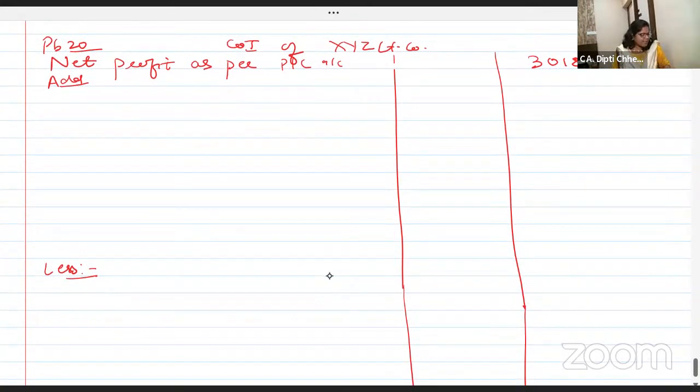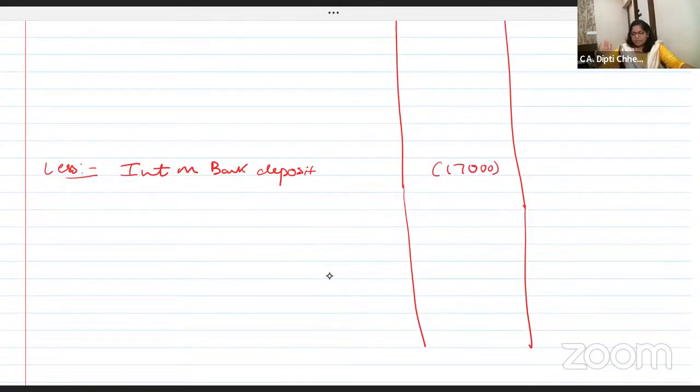Look at the credit side. GP, rent of the flats, sundry receipts, interest on bank deposits. ठीक है. Interest on bank deposit निकाल दो. P&L में credit किए हैं. But where this will come, dear students? Interest on bank deposit. It will come in your income from other sources. So just remove it from your net profit. So the net profit will reduce. Short-term capital gain on investment. This is also credited. So just remove it.